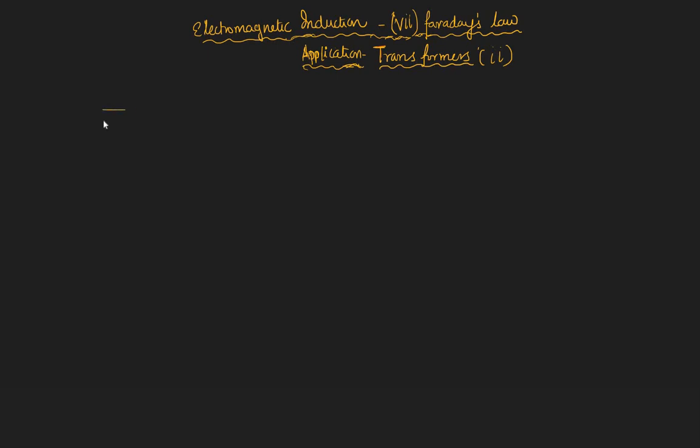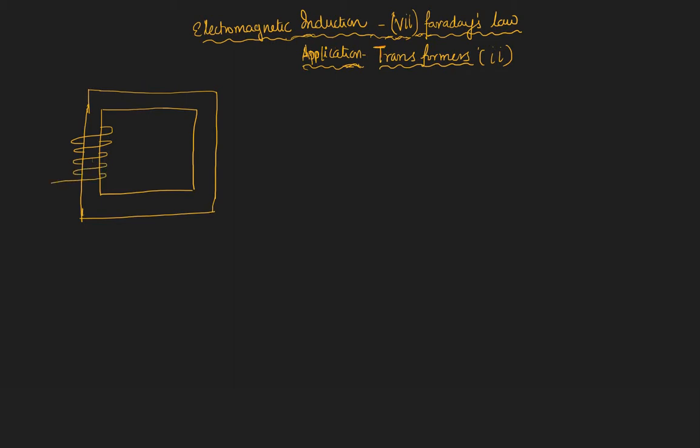All transformers consist of a central iron core. So the iron core looks something like this. Yep, so you have an iron core, and on both sides you have these windings. So this is the primary, which is always on your left, and is your input,